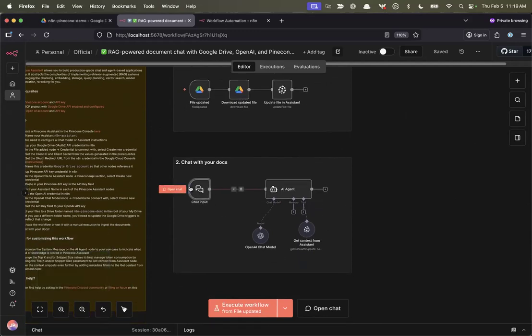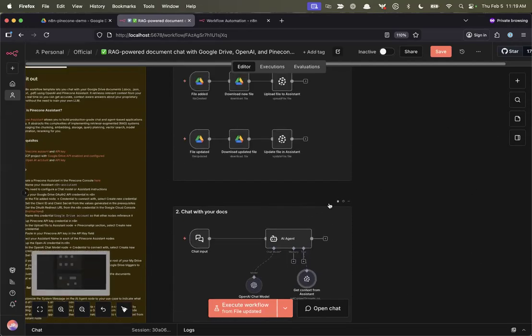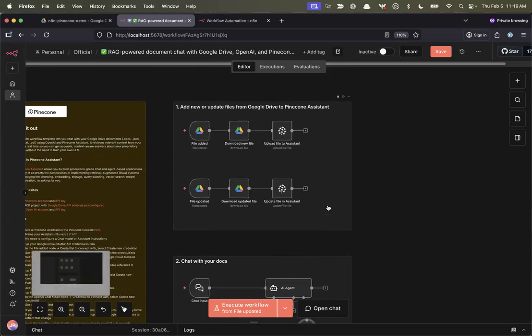In this workflow, I'm just using the chat node, but you could hook up Slack to it. You could hook up WhatsApp. You could hook up any sort of webhook to trigger from Discord, or potentially through other nodes that have triggers that could take in questions or search queries. We've got it configured with a chat model and Assistant as a tool. And I'll go into this in a little more detail as we get going.